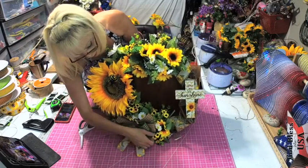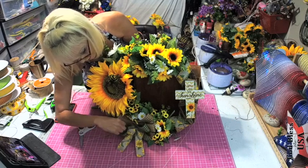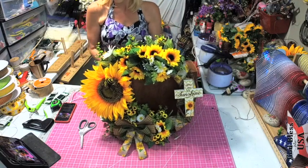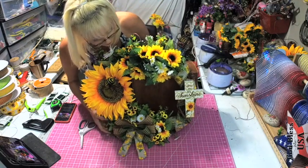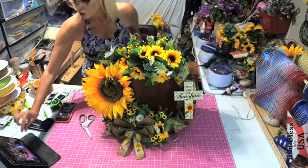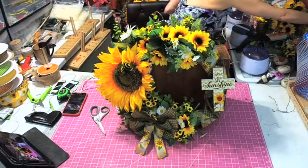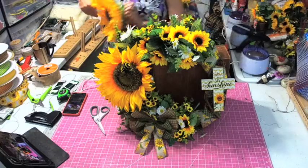And we did You Are My Sunshine, and we used one of our sunflowers from Craft Outlet instead of two, because I actually have two. I'll give you a nicer look at that. Alright, so I used one. We stayed